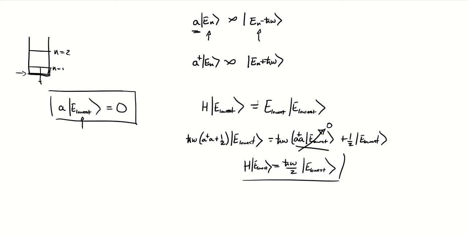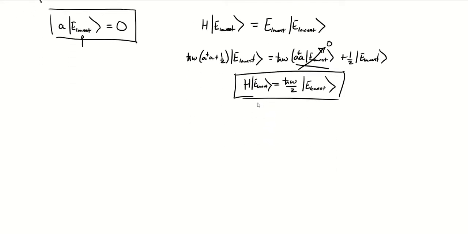So, remarkably, we've determined what the lowest energy eigenvalue is for our ladder operator without actually solving any differential equation, just by defining these raising and lowering operators from our Hamiltonian and using their commutation relationships to get here. Now, to get the rest of the spectrum, we say we have our E equals 0 state with an energy of h bar omega over 2. This is called the 0 point energy. It's the lowest energy you can have in the system.